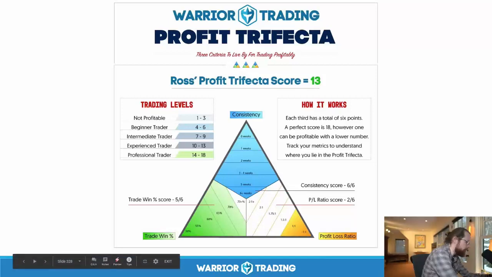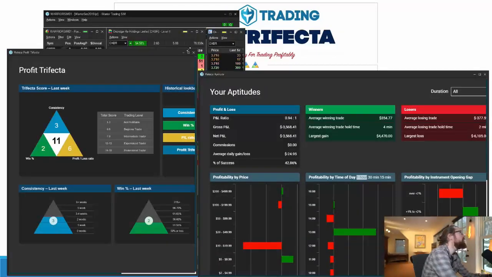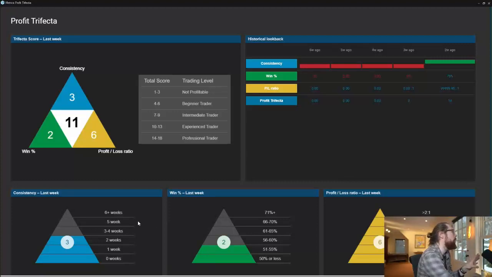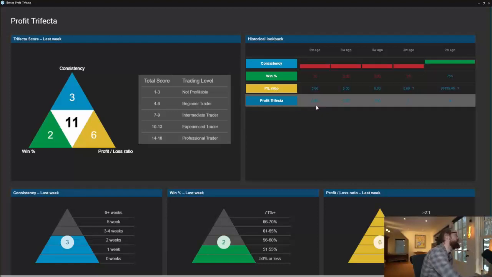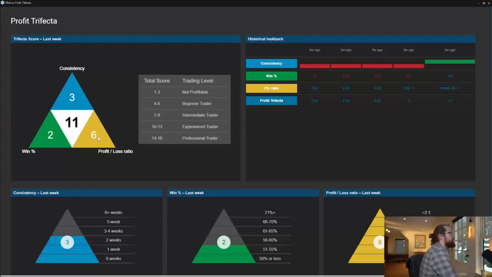So if we jump back into the simulator, you'll see here that this presents that information for you, showing you your last week. As of last week, this is where I sat. My consistency, I got 3 points for 2 out of the last 6 weeks of profitability. My accuracy was between 51 and 55%. And my profit-loss ratio was actually good last week. So that's good. Now this gives you the historical look back of what your metrics were over the previous week, 2, 3, 4, 5, and 6 weeks back. And then this tells you your current score. So my current score right here